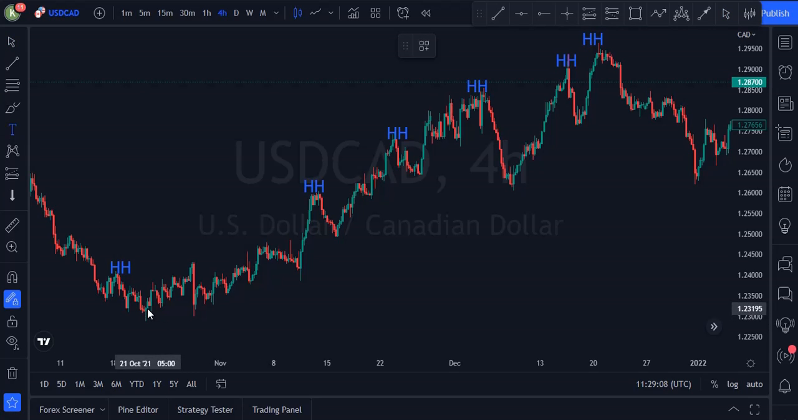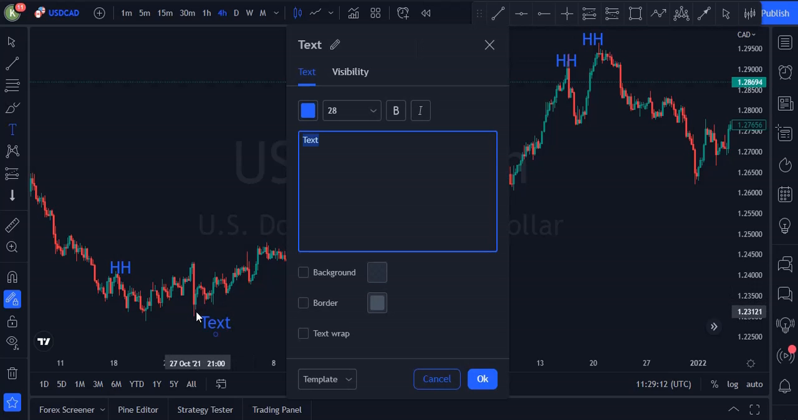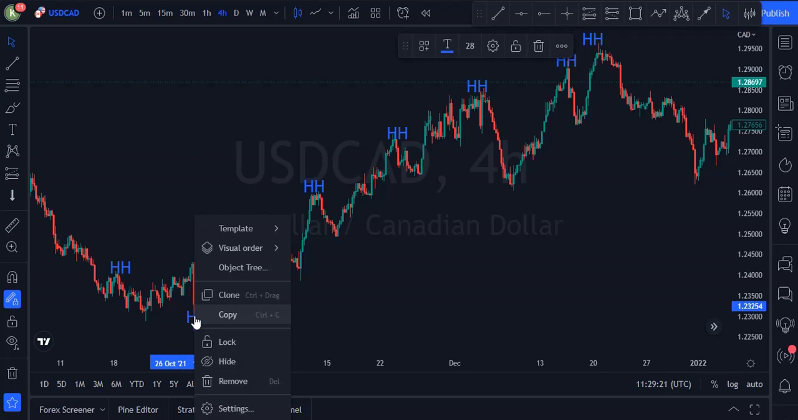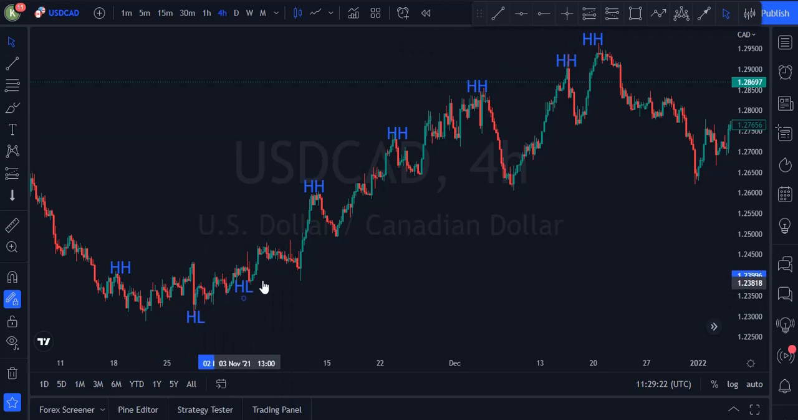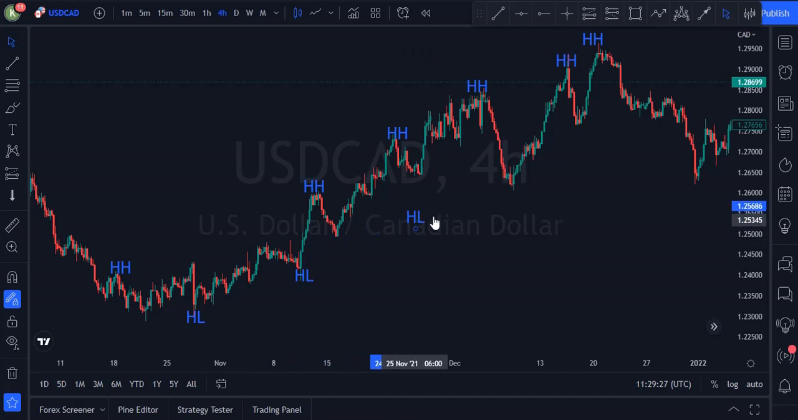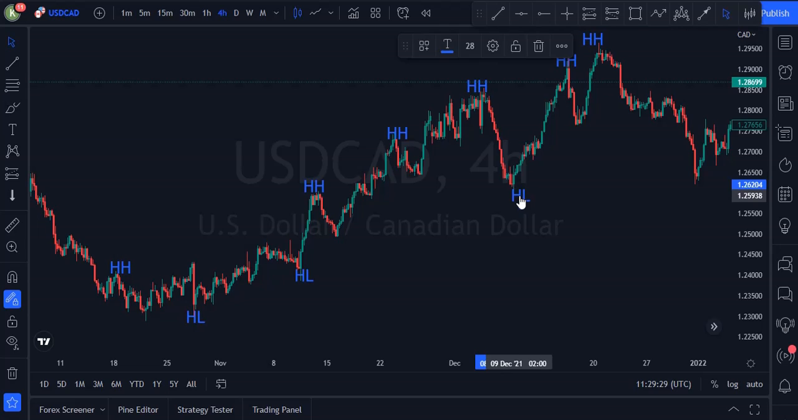So let me check. Okay, let's start with this one. Let's leave this one. Higher low. And let's clone it. Second one, last one. So when you draw a trend line, make sure you cover all the most touches, and also cover